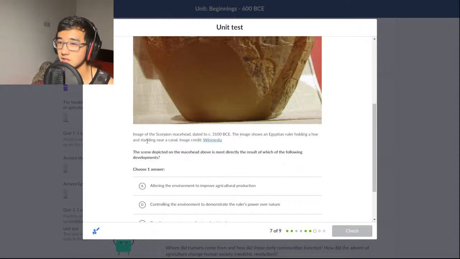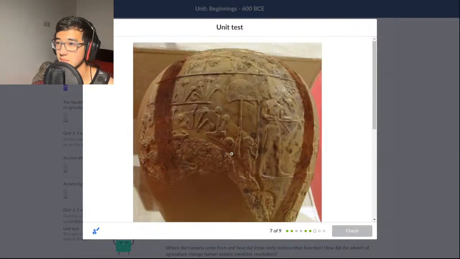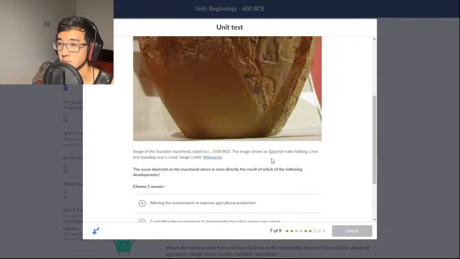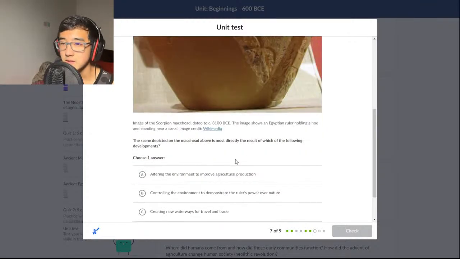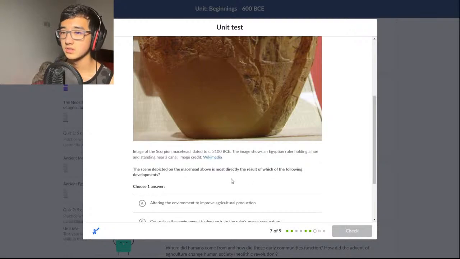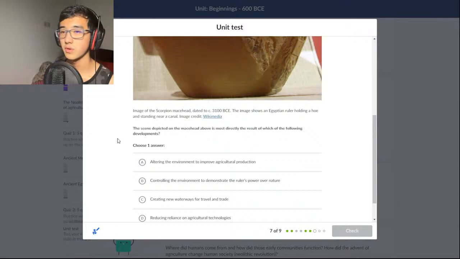Egyptian ruler holding a hoe and standing near a canal. Scene depicted in the mace head. Okay, let's look at it here. Bunch of intricate details. It's okay. Remember, Egyptian, 3100 BCE. The scene depicted in the mace head above is most directly the result of which of the following developments? Okay, it's creating pottery. Wait, a mace head. So it's a formal weapon. So